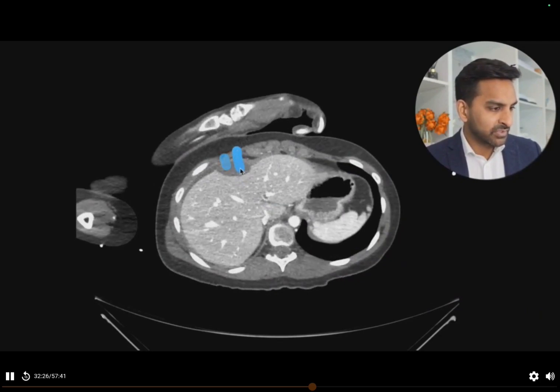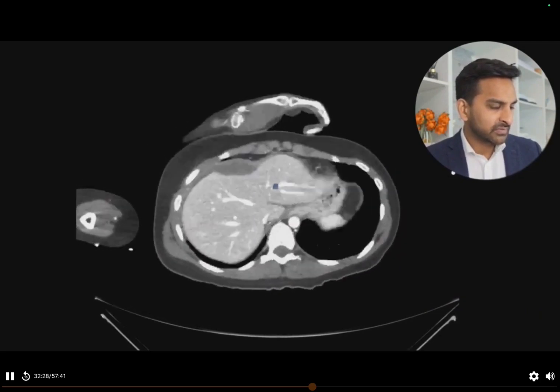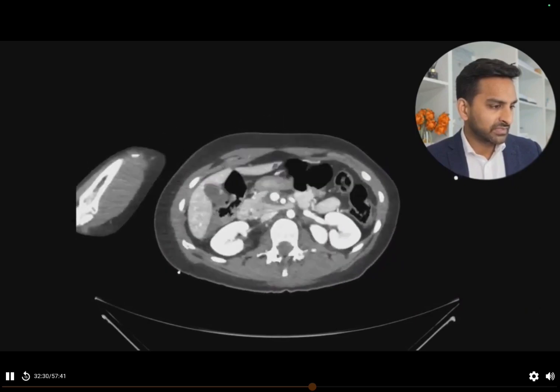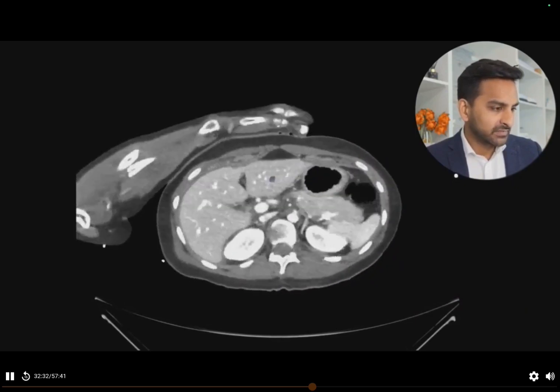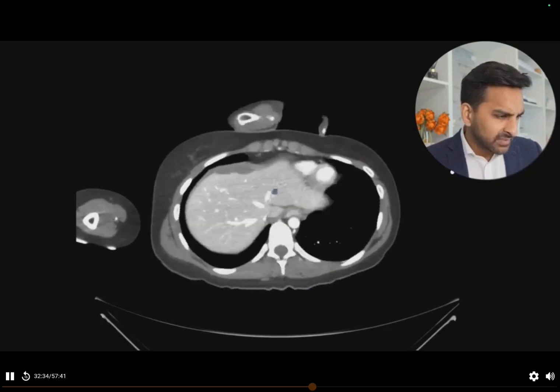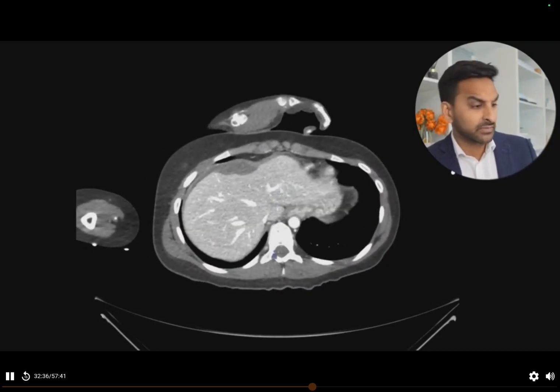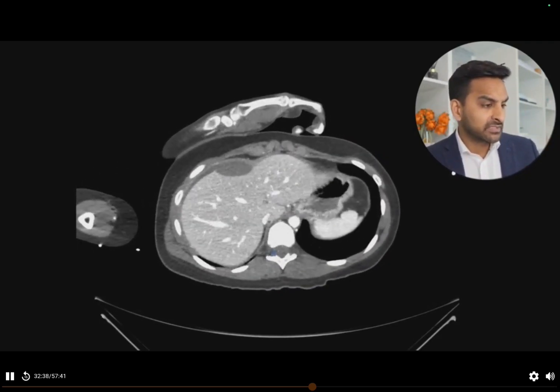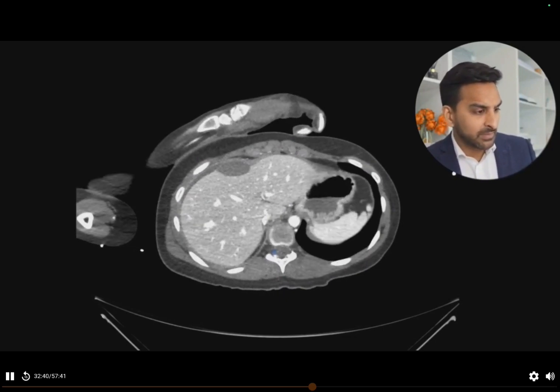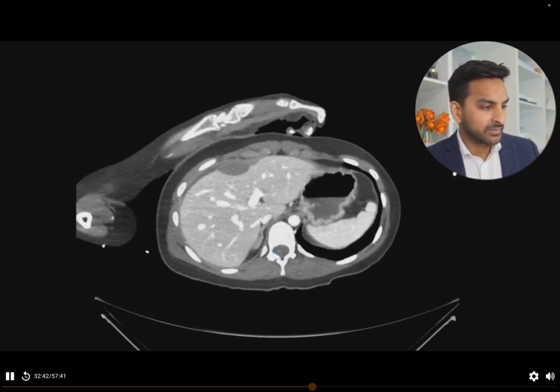So it's actually pushing inwards. So maybe sort of slightly hyperdense fluid. So it feels like they probably had a significant liver injury. I haven't seen it go across to any of the vessels like we saw with the other case. So therefore, there's going to be sort of a lower grade, sort of a subcapsular injury with a subcapsular hematoma